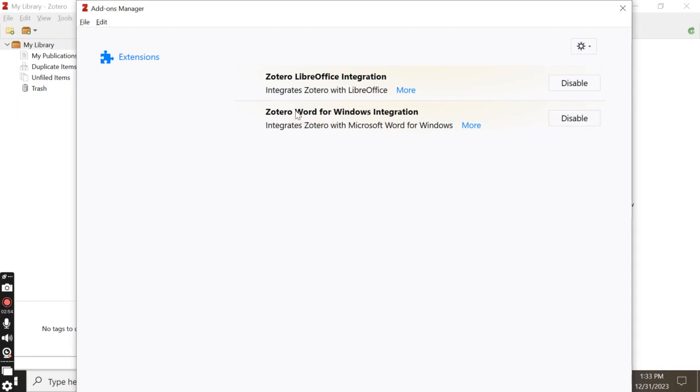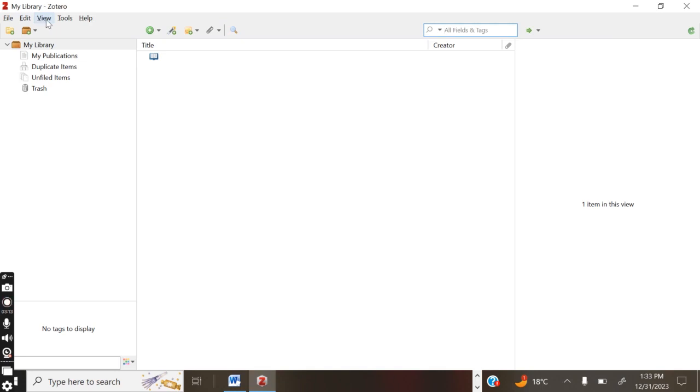Then for this other one, Zotero Word integration, if it is disabled, you enable it. But so far this one is enabled, so you don't need to do anything on this. Okay, having done that, go to